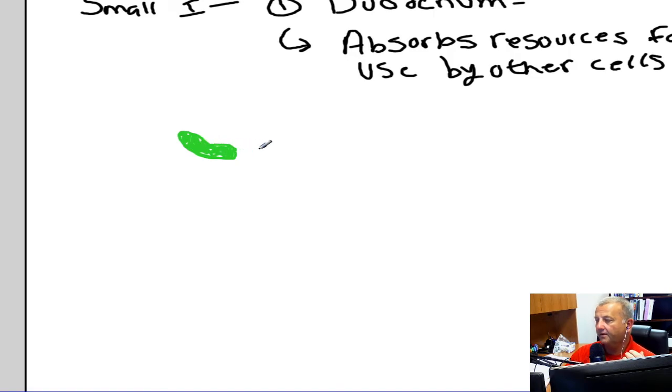All right, and so what's going to happen is the small intestine is going to absorb that. And how it absorbs it is